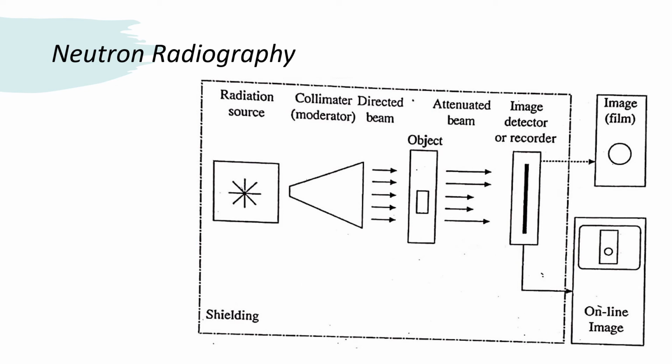Neutron radiography. Next is neutron radiography, or NR, a valuable NDT technique that is identical in principle to conventional radiography but complementary with respect to the nature of the information obtained. The history of neutron radiography with thermal neutrons can be traced theoretically to after the discovery of the neutron by Chadwick in the year 1932.